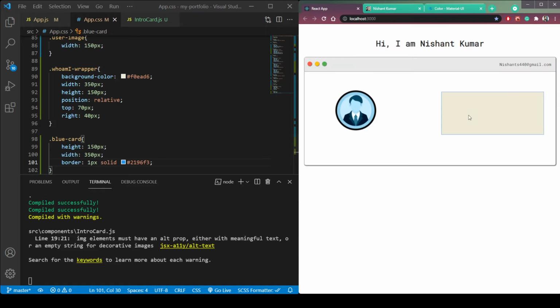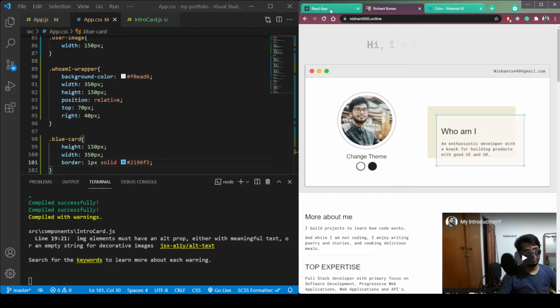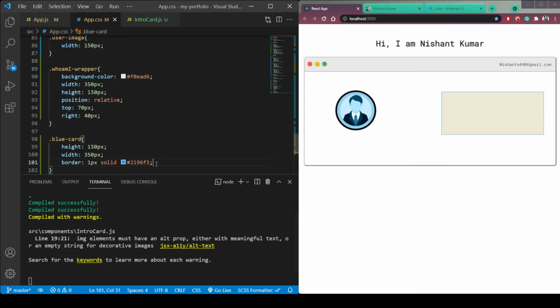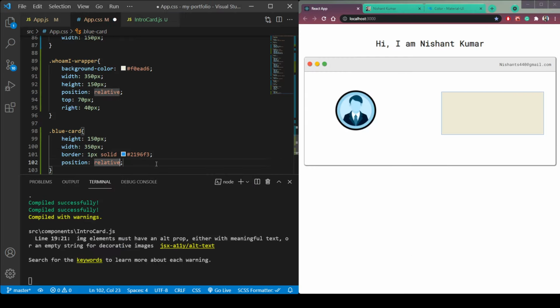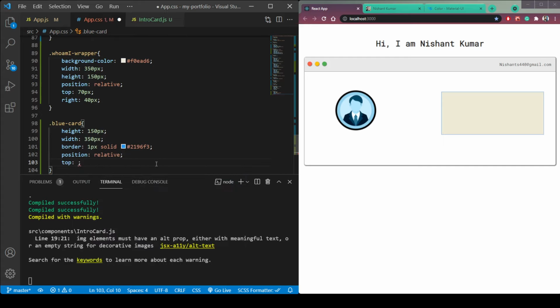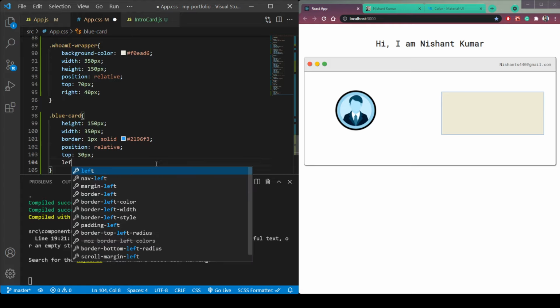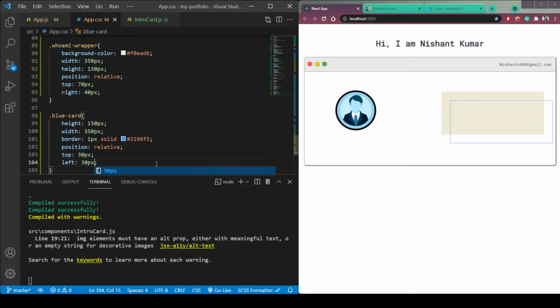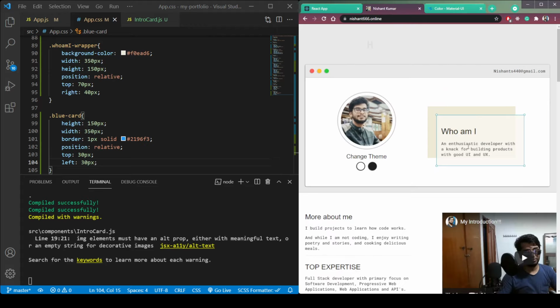We need to shift it from the axis, just like this. So make the position relative top, let's say 50 px, and then from the left 30 also. Now you can see the card is shifted from the axis, just like this one, this original source.